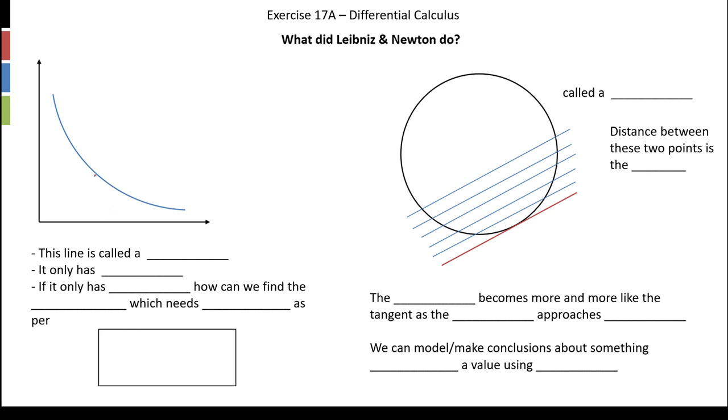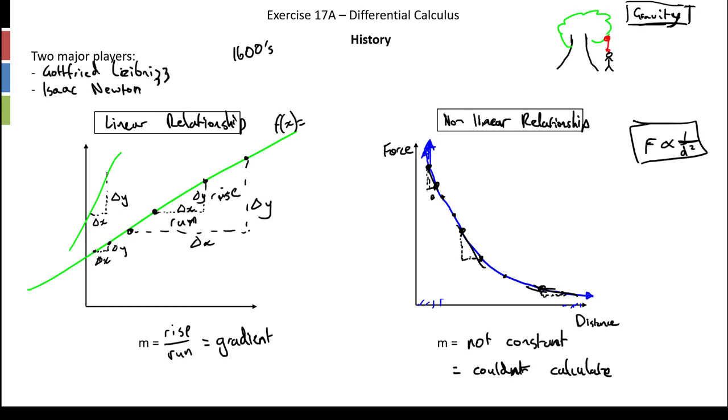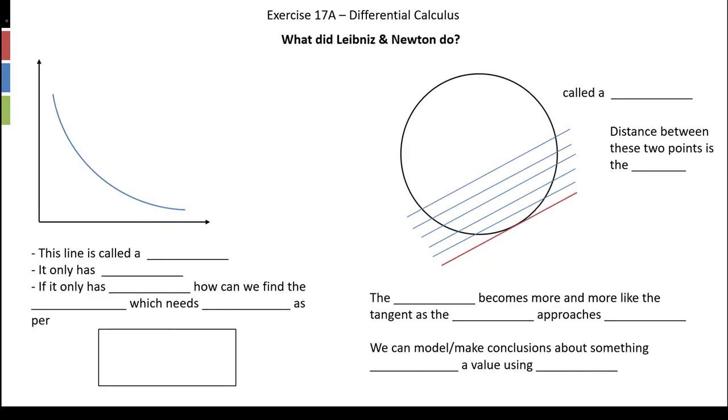Well, first off, if we think of the problem back here, we have a gradient there, a gradient there, a gradient there. This gradient at the top would be a line like that. This gradient in the middle would be a line like that. This gradient down at the bottom would be a line like so. Now these three lines, there's something very special about them. If we're trying to calculate the gradient at that exact point, because they're a straight line connected to a curve, they only cross it once, or they only touch it once, just once and only once, and these are called